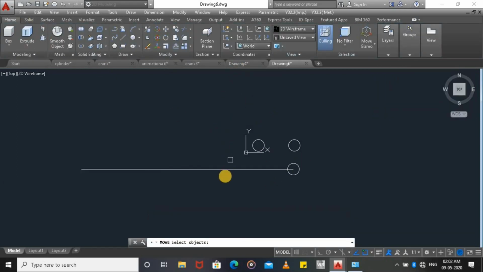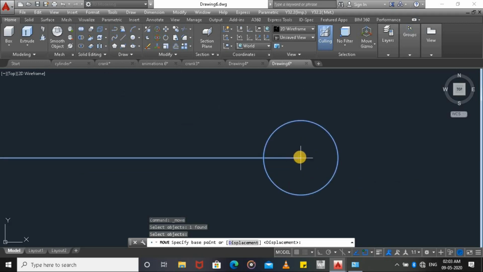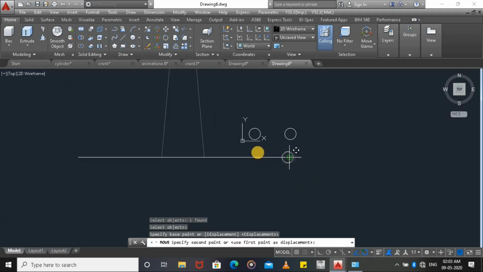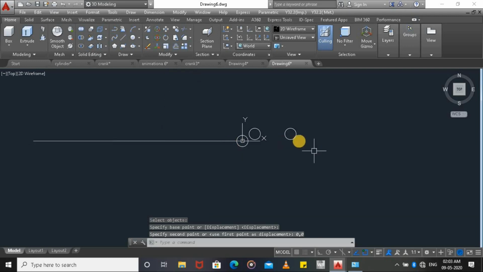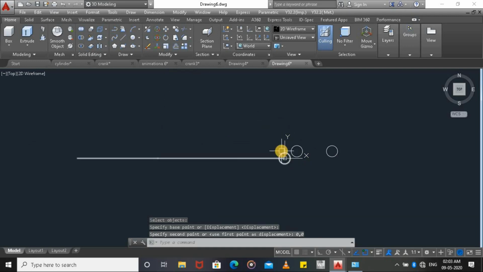Now we are moving this block to 0, 0. Select this block, enter. So from this point we have to move it. So changing this point and entering 0, 0. So now this block is moved to 0, 0.